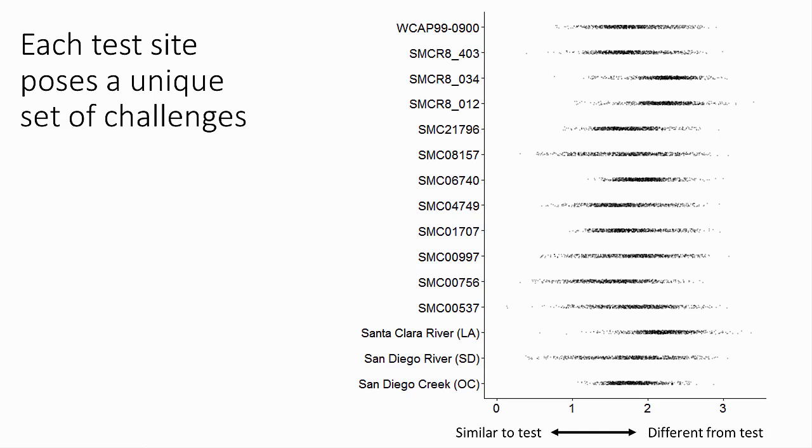So to look at this map, basically each of our test sites is shown on this axis here. These are the 3 from the case studies, and these are the 12 that we handpicked. And on this x-axis, I'm showing the expected similarity of all our potential comparators. So we have about 700 points along each of these graphs. The ones on the left represent comparators that are expected to be pretty similar to your test site, and the ones on the right represent those that are fairly dissimilar. And you can see that there's a lot of different patterns you observe at the different sites.